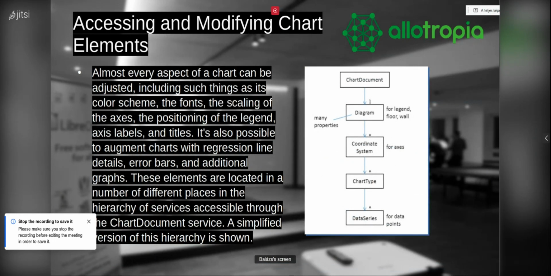Okay, the next one is accessing and modifying chart elements. We didn't discuss it. The important service for charts is, as I mentioned, the chart document. The chart document contains all the top-level graphic objects such as the legend and titles, as I mentioned, many different kinds of titles like main, subtitle, and axis titles. These title objects,